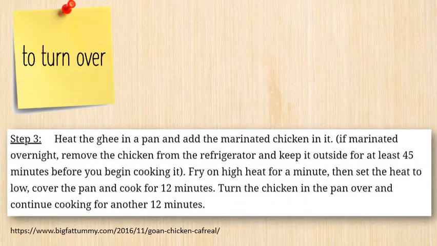And so here we have step 3 of this recipe involving, I don't know what this is, ghee, so this must be some kind of Indian dish or some kind of curry or who knows what it is. But in any case, you'll see that there's this little phrase or clause down here, turn the chicken in the pan over. And so now you're starting to see something that looks a little bit more scary like German, because you have an object in here and then you have this whole entire prepositional phrase which is modifying that object,